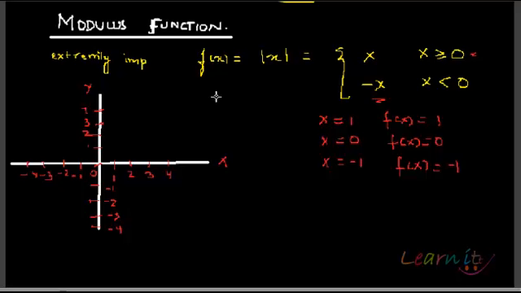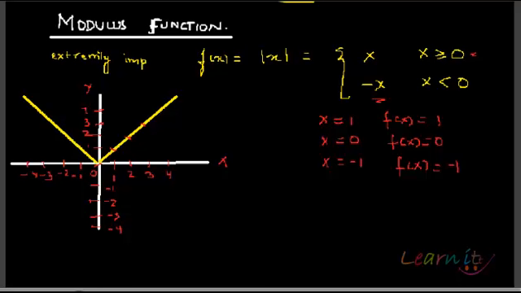So when we draw it, what is happening on the right hand side, the numbers that you would get will be 1, 1, 2, 2, 3, 3, 4, 4 and so on. And on the left hand side, see, when x is minus 1, f(x) is 1. When x is minus 2, f(x) is 2. So what you will get essentially is the line in the second quadrant, where y's are positive when x's are negative and the numbers are the same. So minus 1, 1; minus 2, 2; minus 3, 3 and so on and so forth.